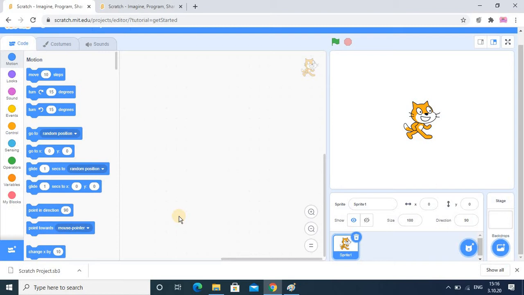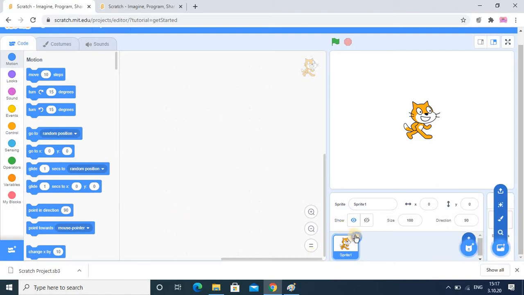While doing coding, the main thing is that your concept should be clear. Once it is clear, you can utilize that experience while doing a project on your own. Suppose once you understand how you can change the background and how you can hide the sprite, then you can use that experience when you do a project on your own. Okay, so now we start.